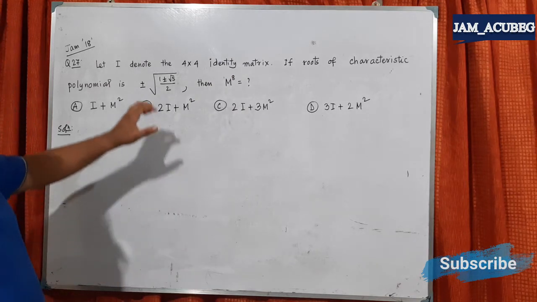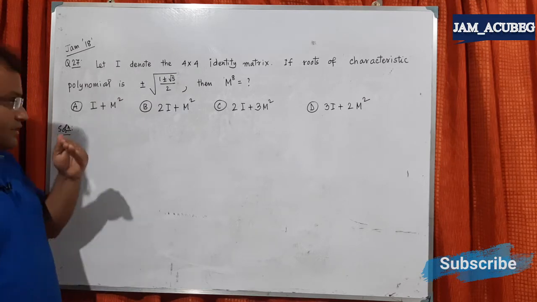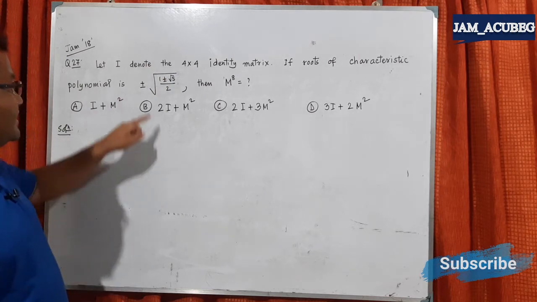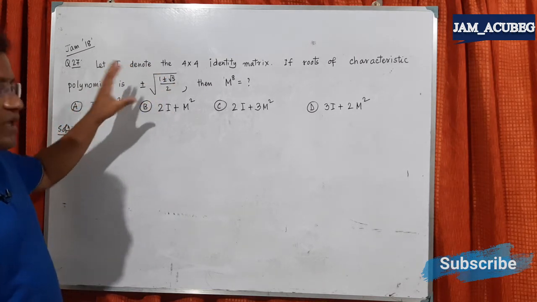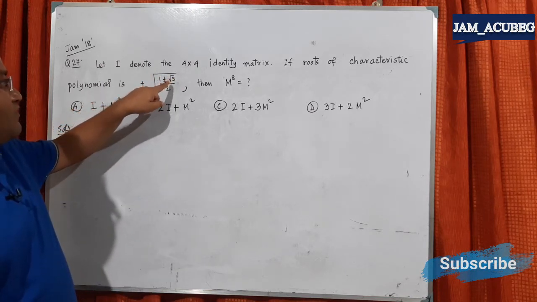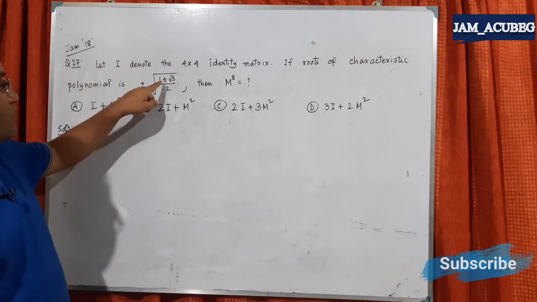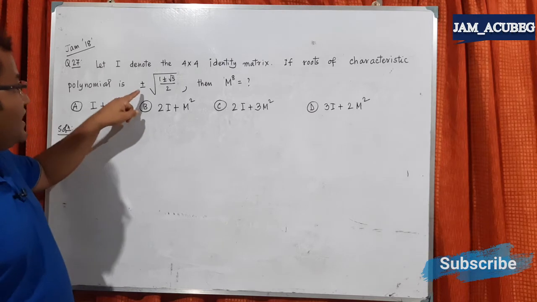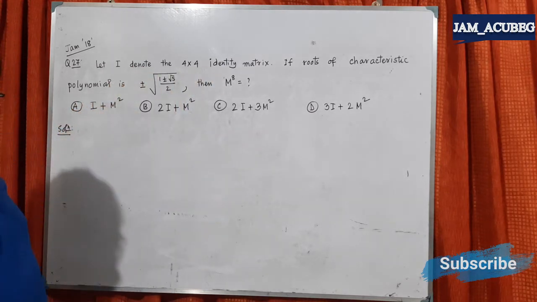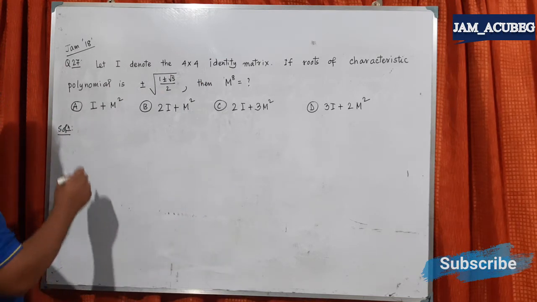So you can understand that I is a 4 by 4 matrix. That means that m should also be a 4 by 4 matrix. Okay, and there are 4 roots. Now you see in this small expression 4 roots are there. What are the roots? Plus root over 1 plus root over 5 by 2, plus root over 1 minus root over 5 by 2, then minus root over 1 plus root over 5 by 2, and minus root over 1 minus root over 5 by 2. Now these are the roots of the characteristic polynomial. So if I know the roots, then I can form the characteristic polynomial. So what will be the required